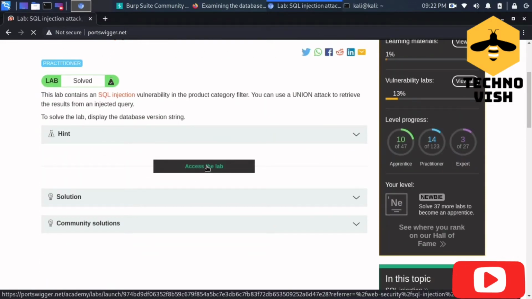Access the lab. It is quite simple, and for the understanding level it is a little difficult.